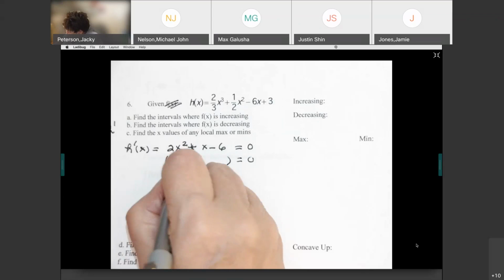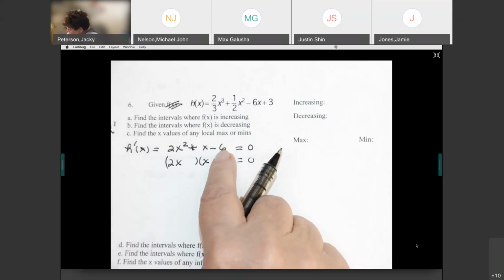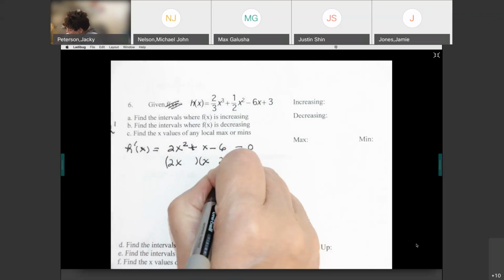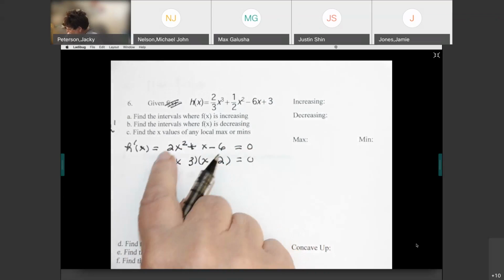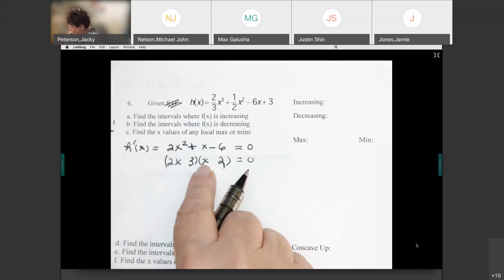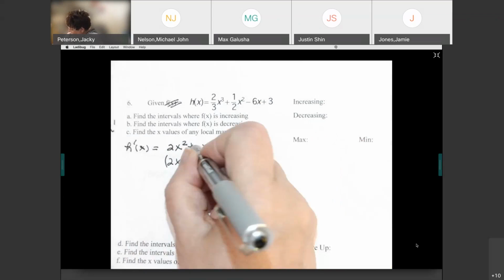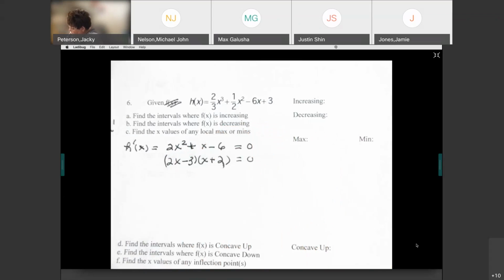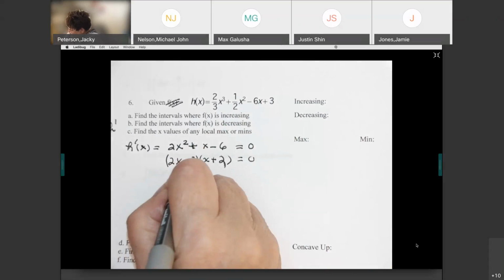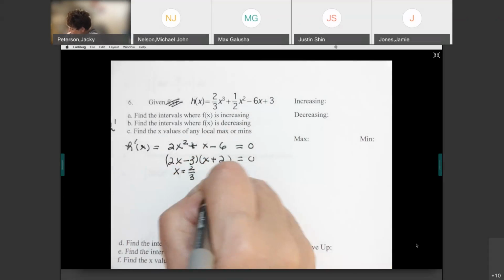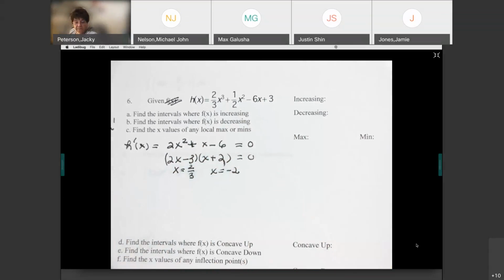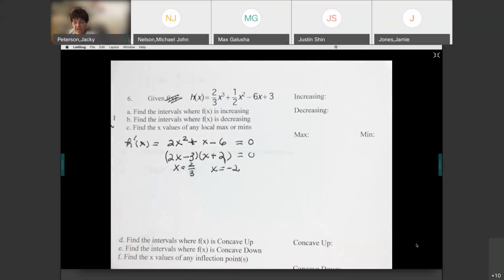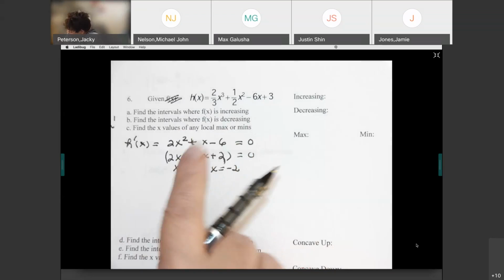So this is 2x and x. This is 2 and 3. 2 is a 4, 3 is a 3. So outer that's a 4, that's a 3. You can use a quadratic formula if you have to. So the 4 has to be plus, and the 3 has to be minus. So x is 2/3, and x is -2. So those are your critical numbers. They're either maxes or mins. Since this doesn't have a denominator,